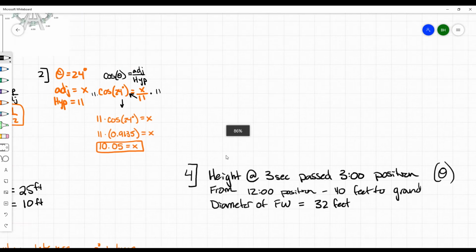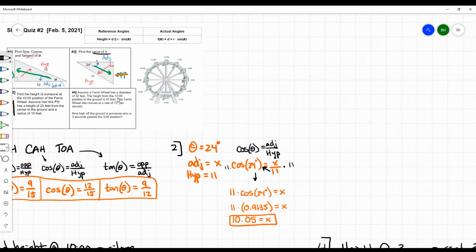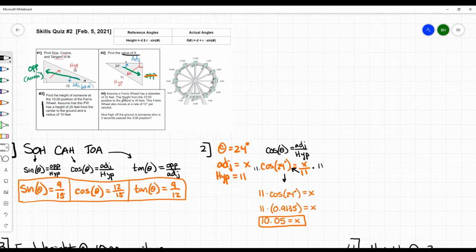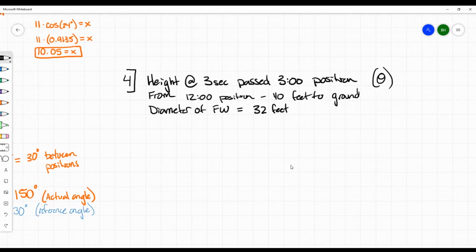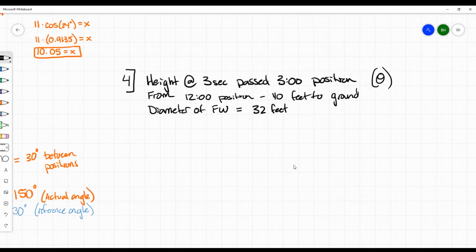So we got a little bit of different problems here. We have a diameter, and we have a position from the 12 o'clock position. Oh, and we forgot the rate, 12 degrees per second. So if you remember the homework assignment, this is the angular speed, 12 degrees per second. And how are we going to use all this information to actually get us to the point where we can start problem solving? Well,